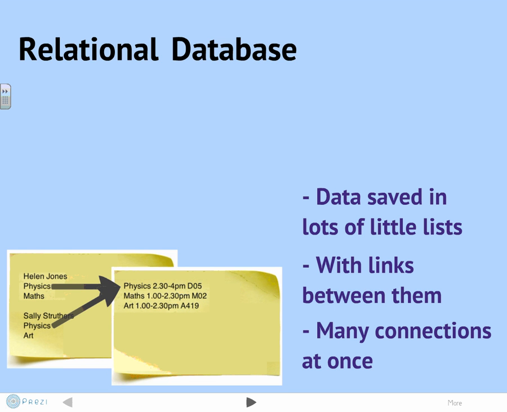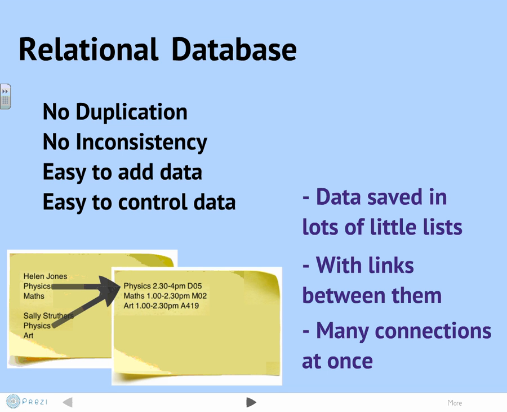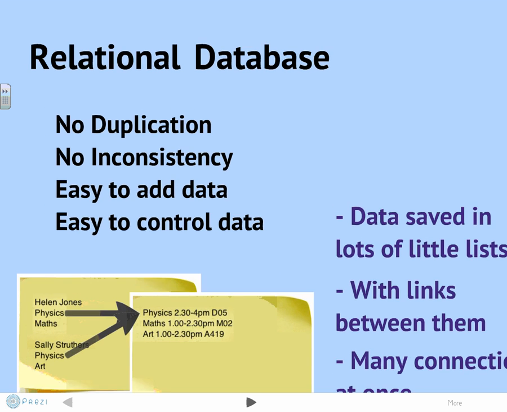So if we want to change physics, for example, if we want to change the room that physics is in, we just change it once, rather than having to go through each individual student and change it umpteen times. And so there's no duplication of the data. We've only got the time and the place of physics in there once. So there's no duplication of data, which obviously makes our database smaller. Yeah, saves quite a bit of space. There's also no inconsistency, because these two don't disagree with each other, because there's only one of them. If that makes sense. Yeah, and it's much easier to add data and easier to control data